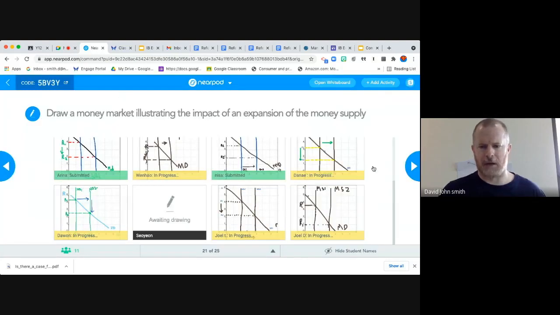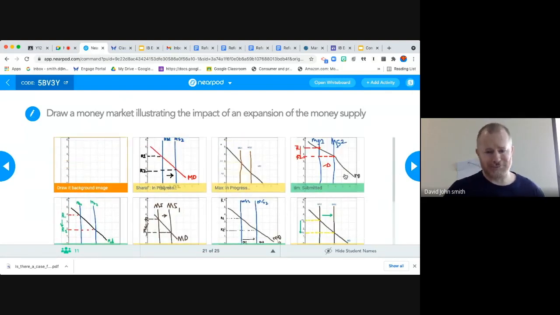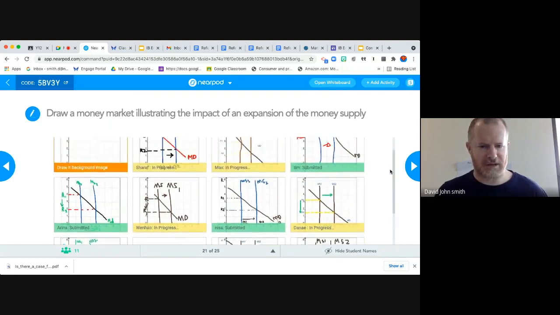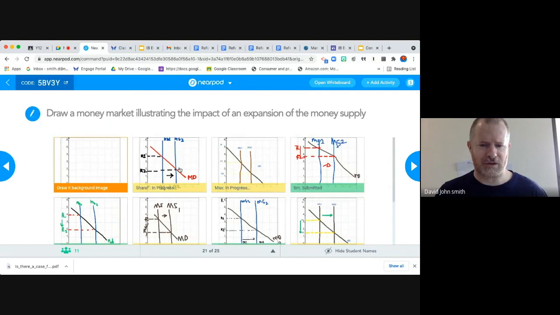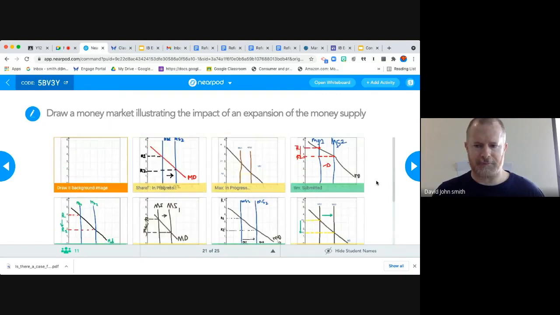Maybe more investment might happen because investments are now more affordable as well. And so that would then improve the overall state of the productivity of the economy as we go forward. So that's fantastic. Well done, team. It also might reduce the willingness people have to save, because if the interest rates are now lower, they're getting less return on their savings. So kind of a double whammy effect.